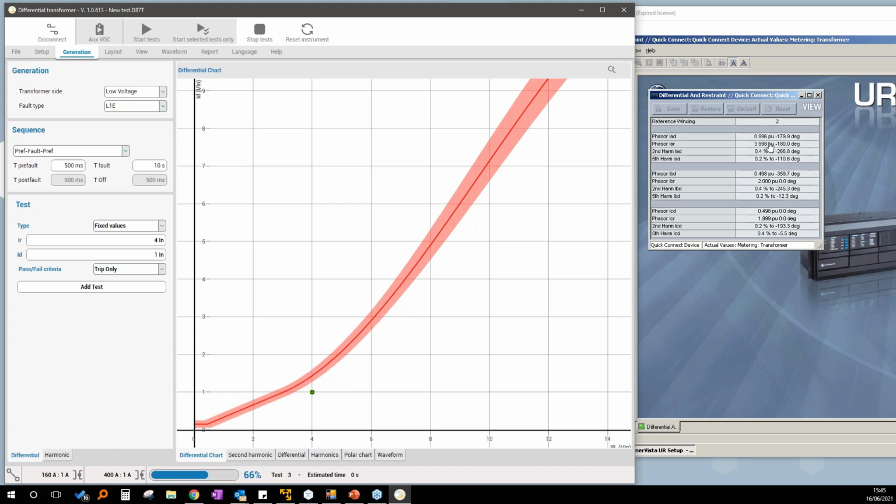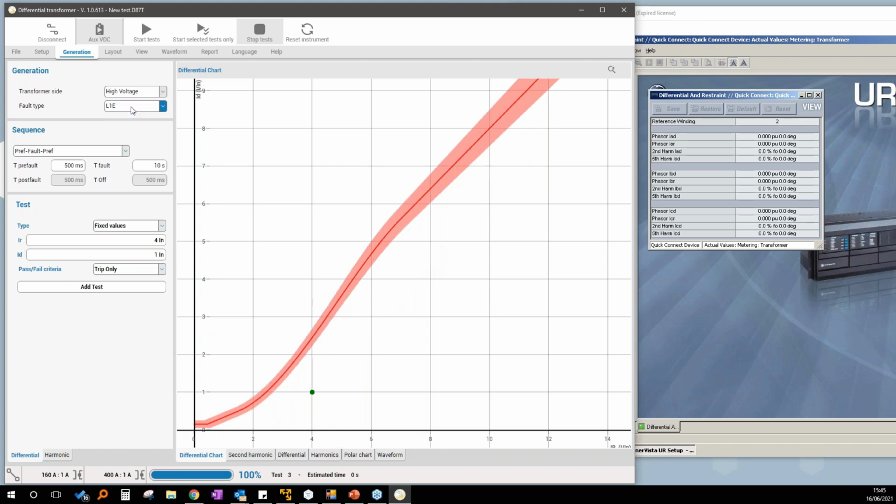Okay. So let me do the same exercise again, changing, for example, the phase. So you will see that now two other elements are stimulated.